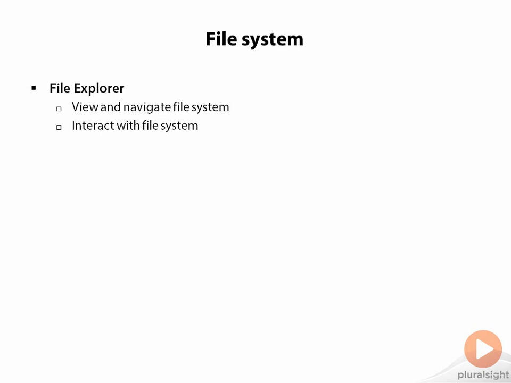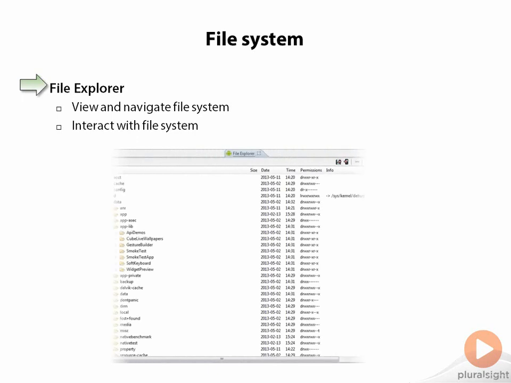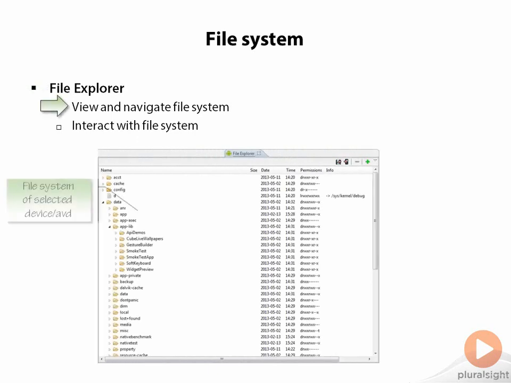Now we've looked at the process capabilities that DDMS gives us, but let's look now at the device and emulator capabilities we talked about. The first one, of course, is the File Explorer. The File Explorer is really important because it allows us to view and navigate the file system on our device or on the emulator. So when our applications are creating files or when they need files, we can see what's